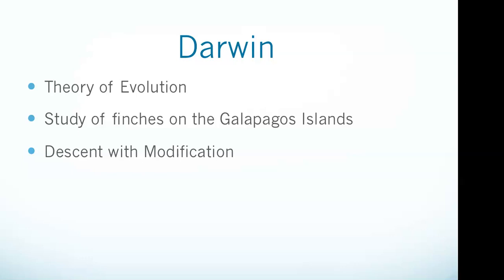This can directly explain monkeys in South and Central America developing prehensile tails, for example. The observation of South American temperate plants being more similar to the tropical plants of South America than to the temperate plants of Europe helped Darwin with his concept of descent with modification. Descent with modification refers to the passing of traits from parent organisms to their offspring. This passing on of traits is known as heredity, and the basic unit of heredity is the gene.